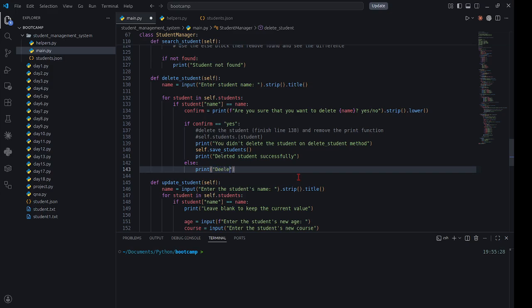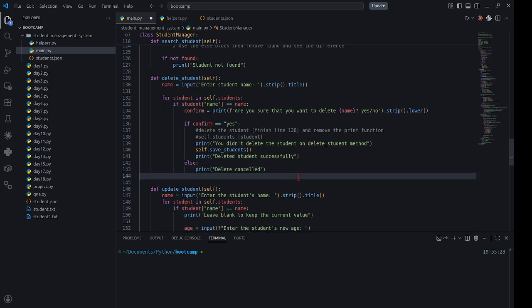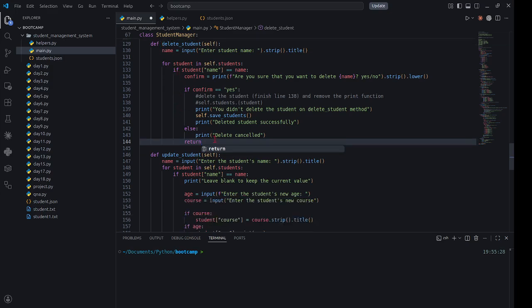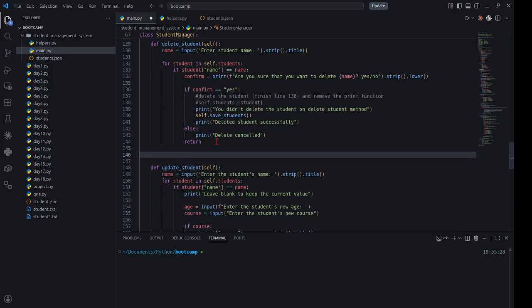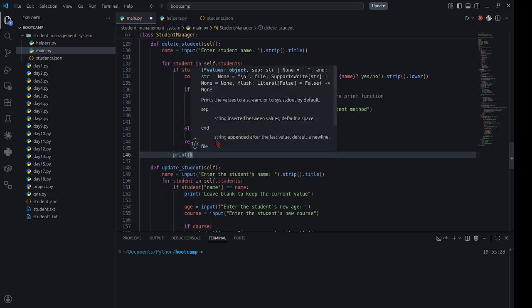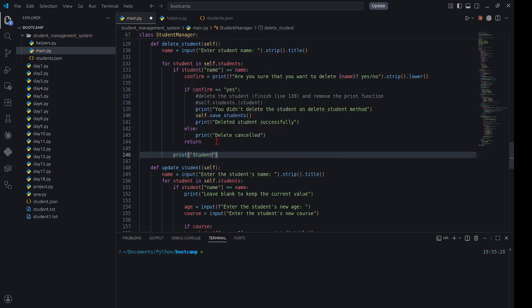We just say delete cancelled, right? And then you just return to end our delete method. Now if the student was not found, we're supposed to print student not found,